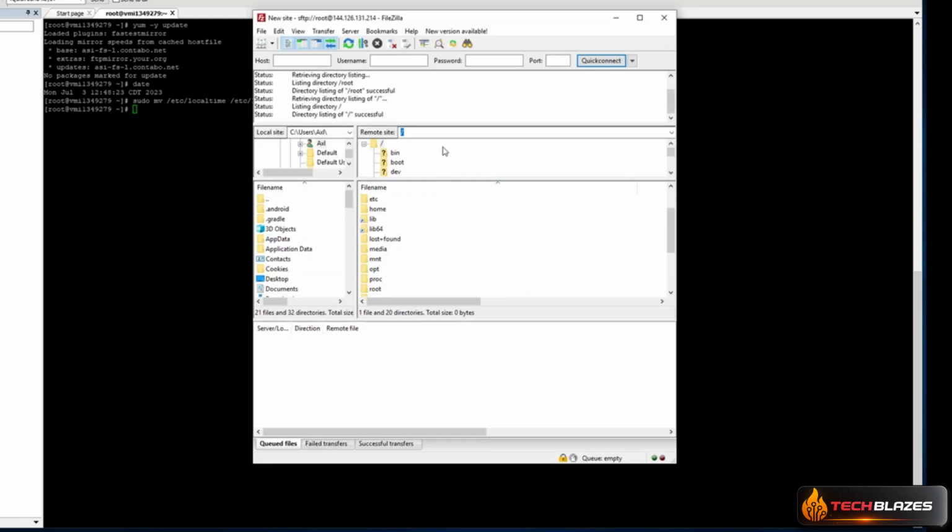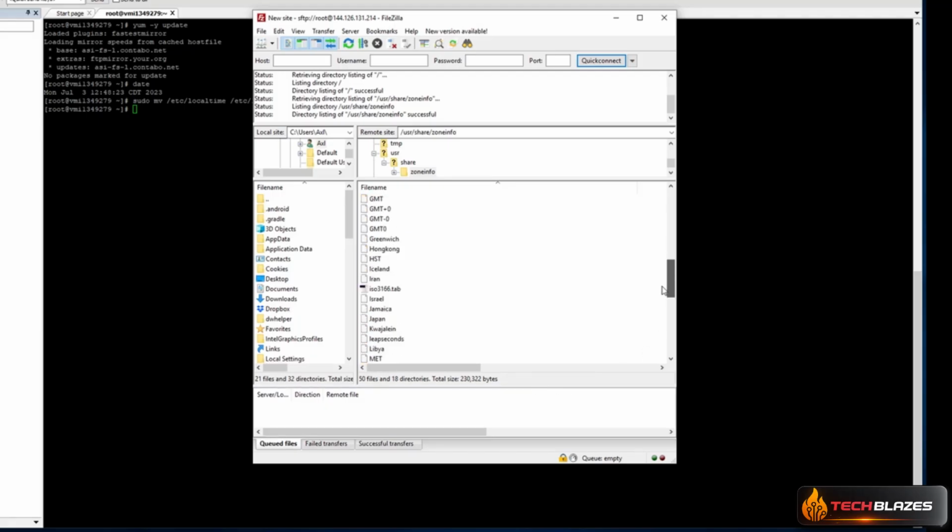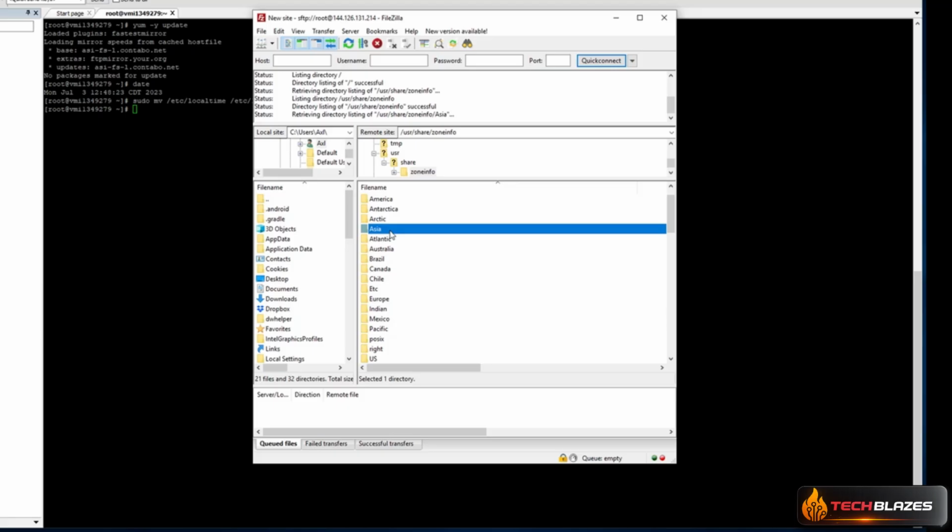I will go to the FileZilla and paste this directory, and this is the countries we choose. In my case, I live in Asia,